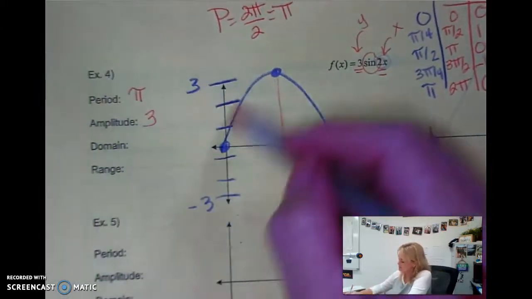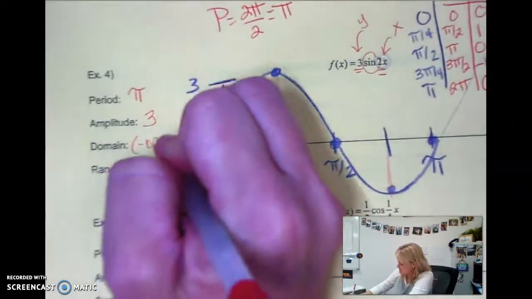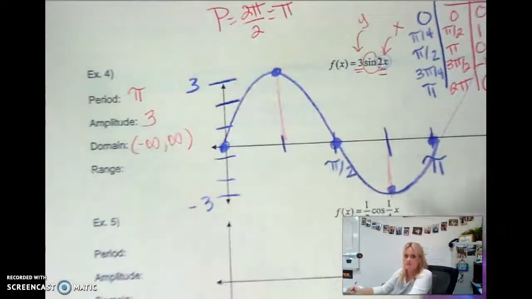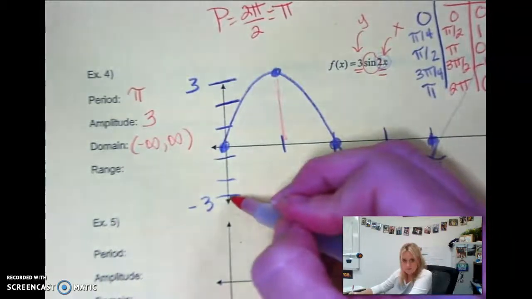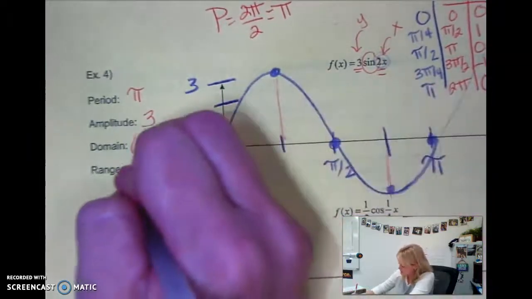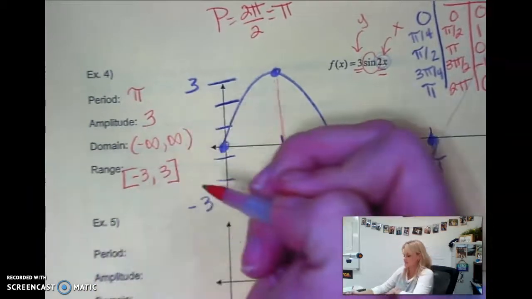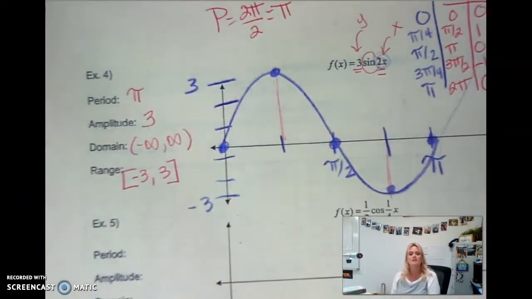My domain starts and stops from -infinity to +infinity, but my range does have a definite end at -3 and a definite end at +3, and that's why those are in the brackets. So hopefully you have